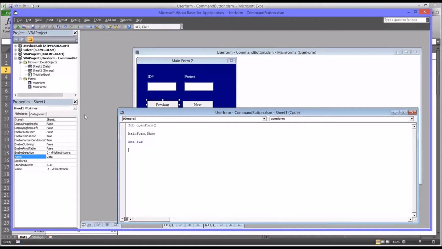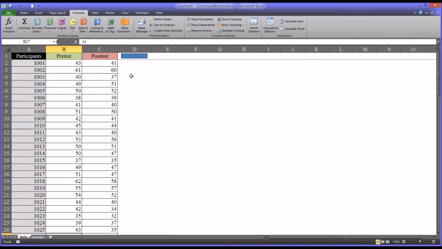sheet 1 data. Right, you can see here's the other subroutine for the other form. So I'm going to call the sub open form 2, and it'll just be main form 2 dot show, just like the other one. And then going back to, now remembering this name, this is open form 2, going back to the actual